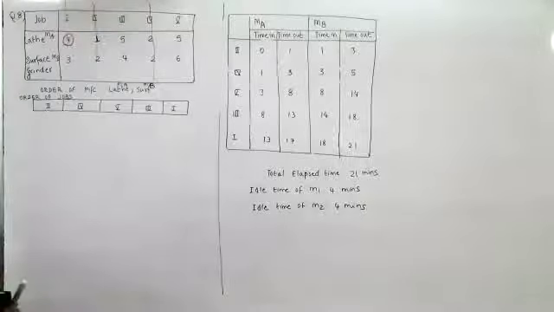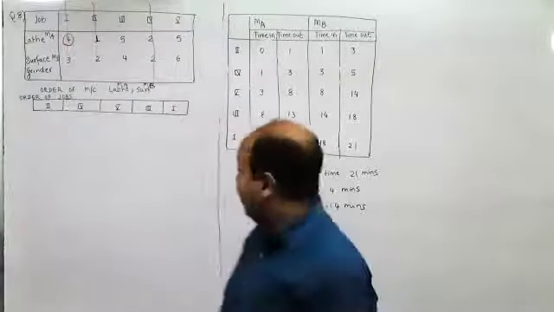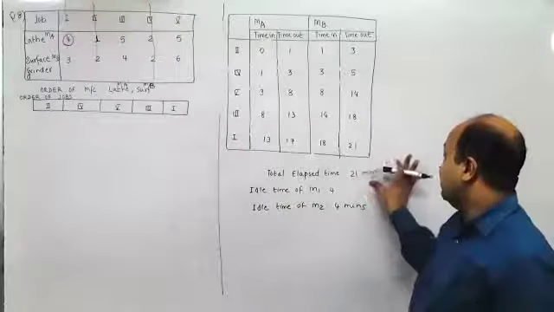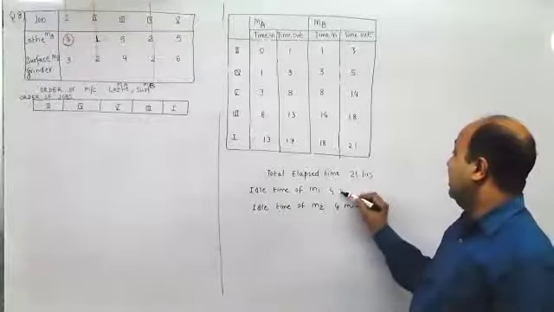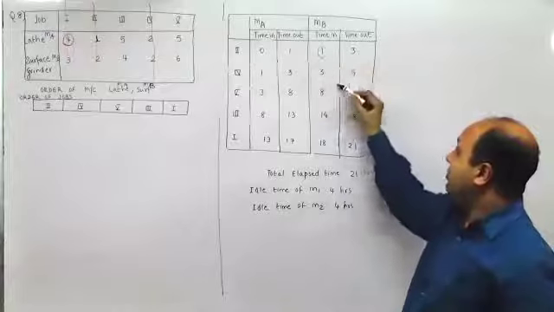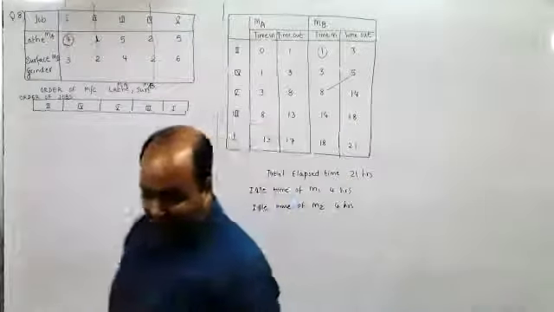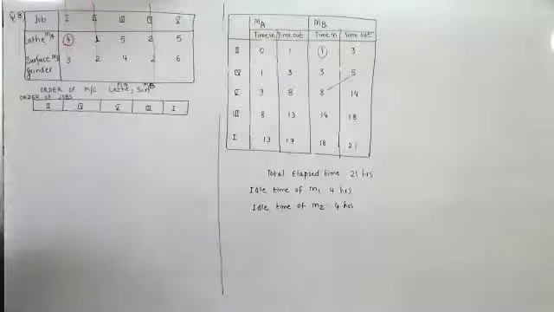So M2 is 3 hours. First of all, it's in hours, not in minutes. And secondly, for M2, it has to be 3 hours. And for M1? 4 hours. So this is all in hours, first of all. This is 4 hours. This is also, you mean to say 3 hours. Yeah. This is 1 hour. 1 plus 3, 4. No, 4 hours. So they have gone wrong in the calculation. And what is the order that they have taken? So same. 2, 4, 5, 3 and 1? Yes. Okay.